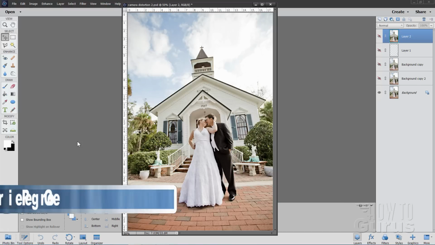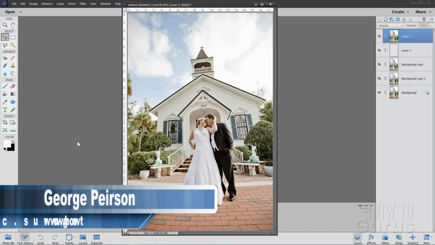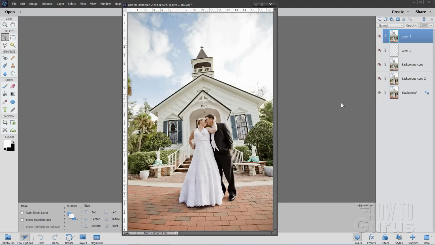Hi, I'm George Pearson, and in this video we'll be correcting camera distortion in Photoshop Elements, going from this up